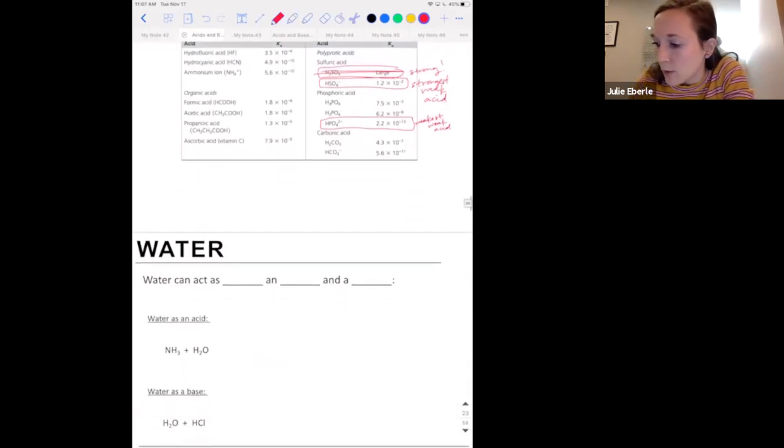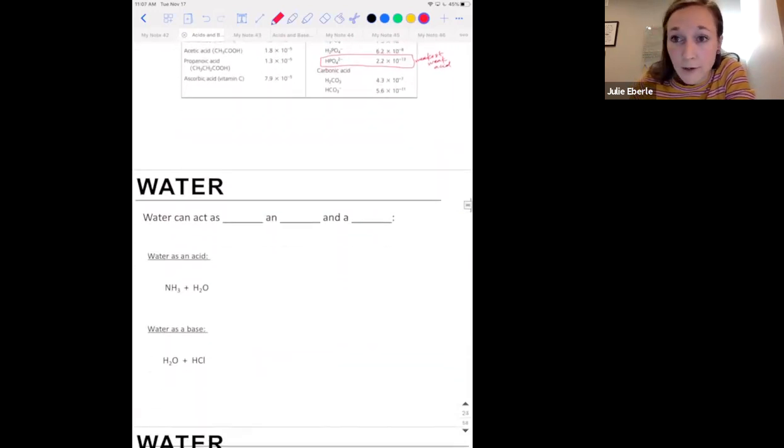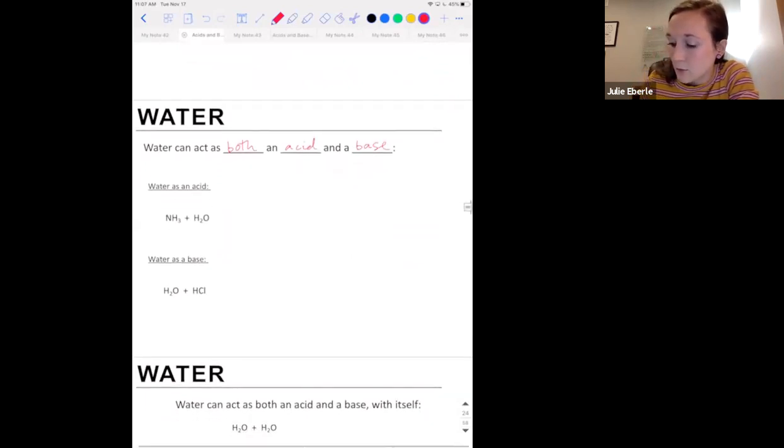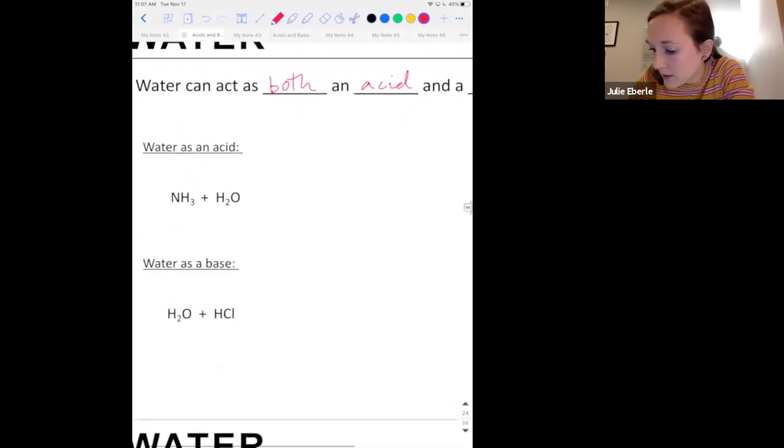Okay, so we'll come back to weak acids, but we need to move on and talk about water. We've said water is in all acid-base reactions, and the unique thing, we've already seen this with water: water can act as both an acid and a base. So when we put water with a base, a chemical compound or molecule that is a stronger base than water, water inherently plays the role of the acid. And what that would look like, if it is going to give away,